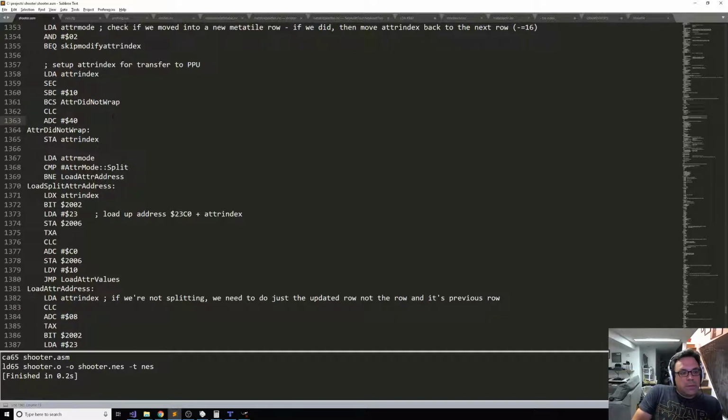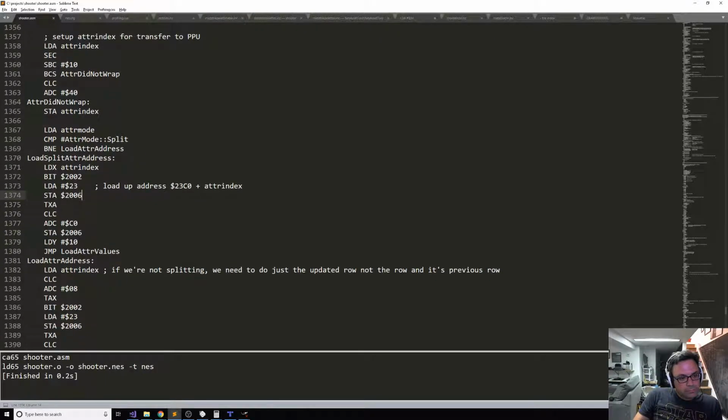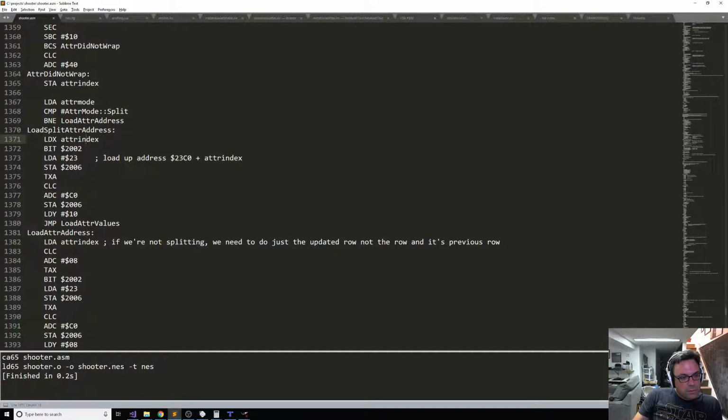And then if we're in split mode, we're loading X with that index, etc. Okay, and then we're doing this, and then branch carry set clear to